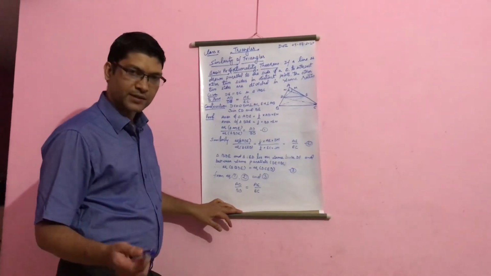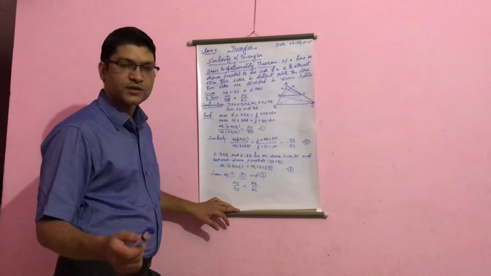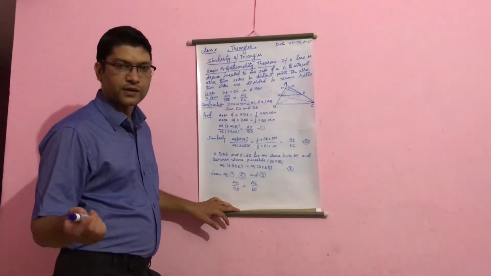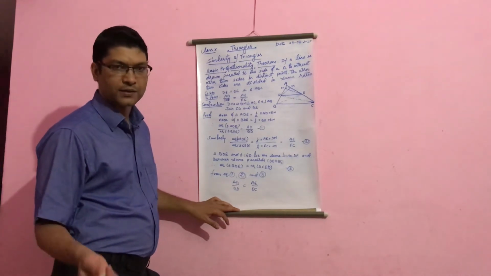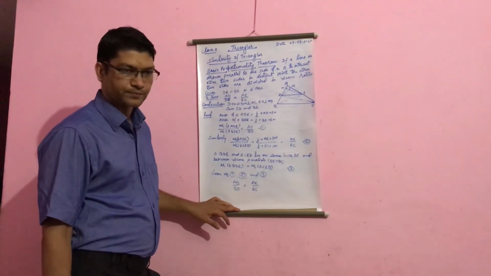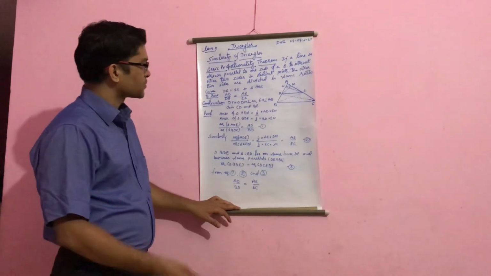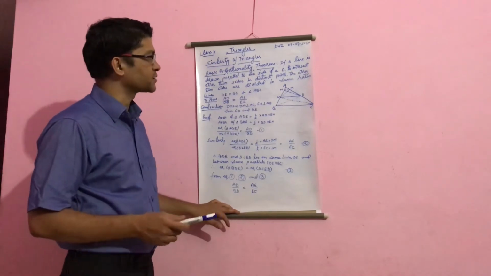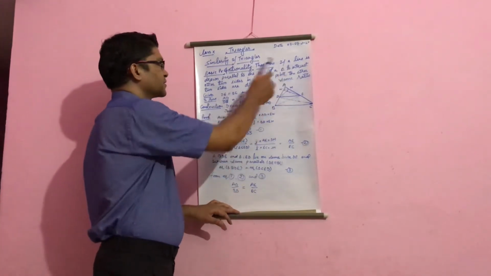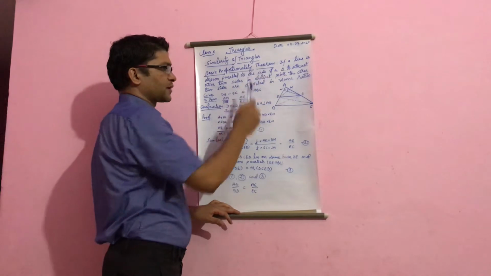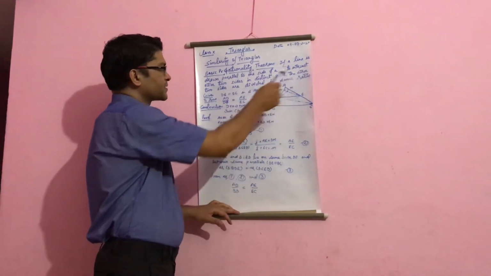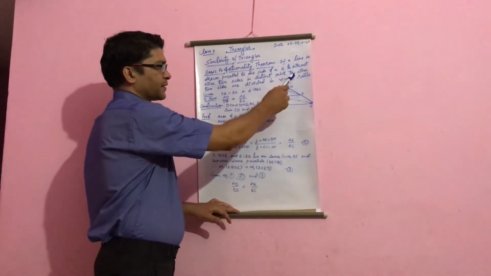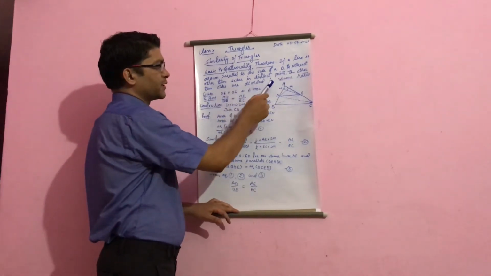And as in the case of polygons, in the case of triangles also, two triangles are similar if their corresponding sides are proportional and their corresponding angles are equal. So for this theorem, read the statement of the theorem. It says, if a line is drawn parallel to one side of a triangle to intersect the other two sides in distinct points,